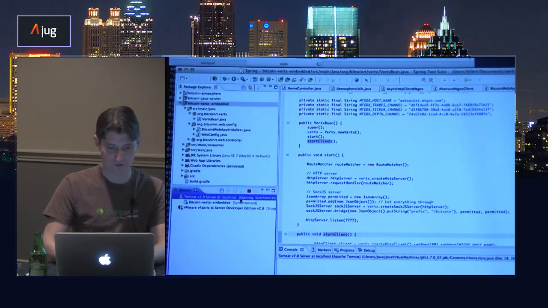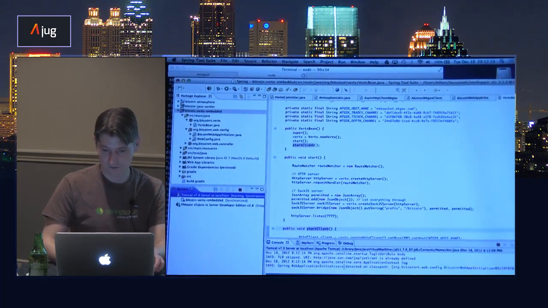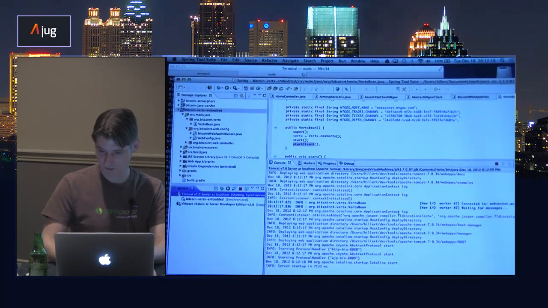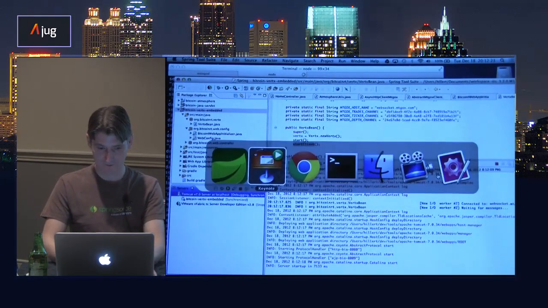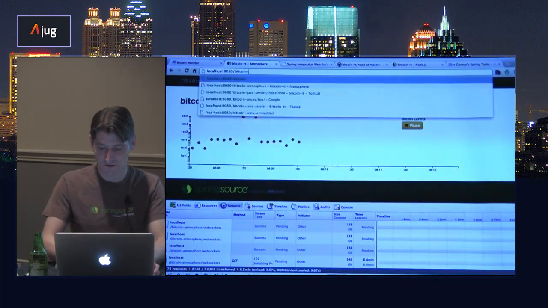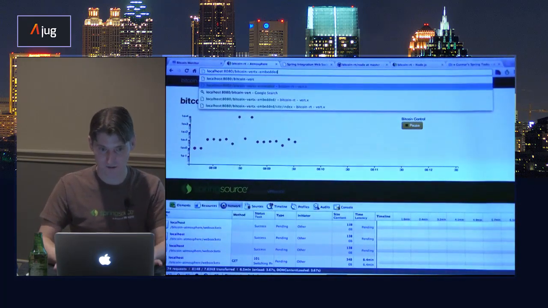All right, boot this up. Looks like it's starting up. All right, so go back in here. Bitcoin. What do we have? Bitcoin Vertex embedded,